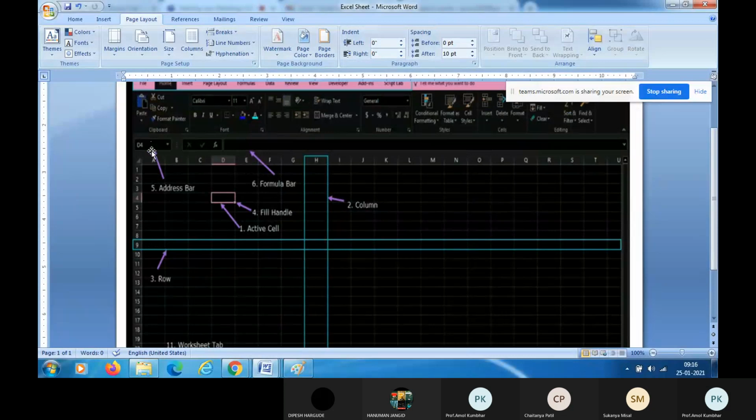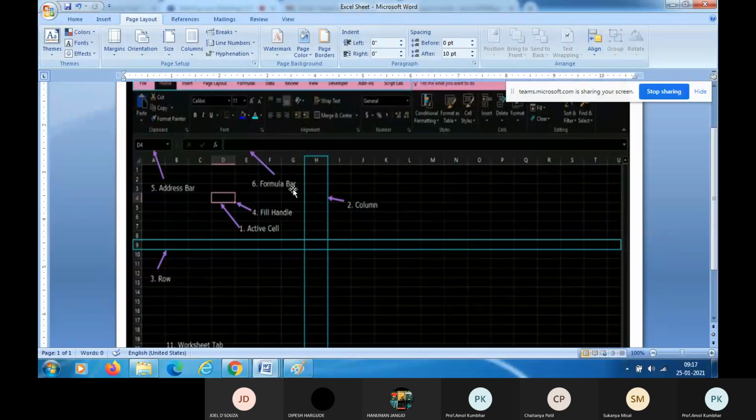This is the address bar in which the address of the cell is shown, right? So D4 means this is column D. In this D column, we have selected a cell which is present in the fourth row. So this active cell has the address D4.